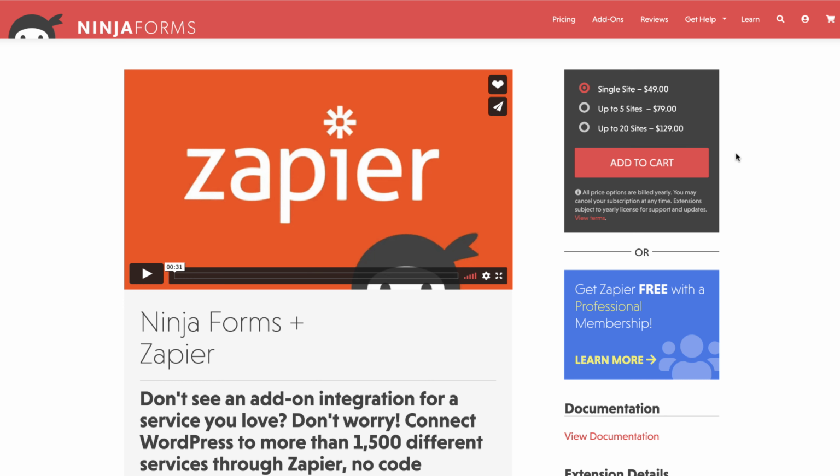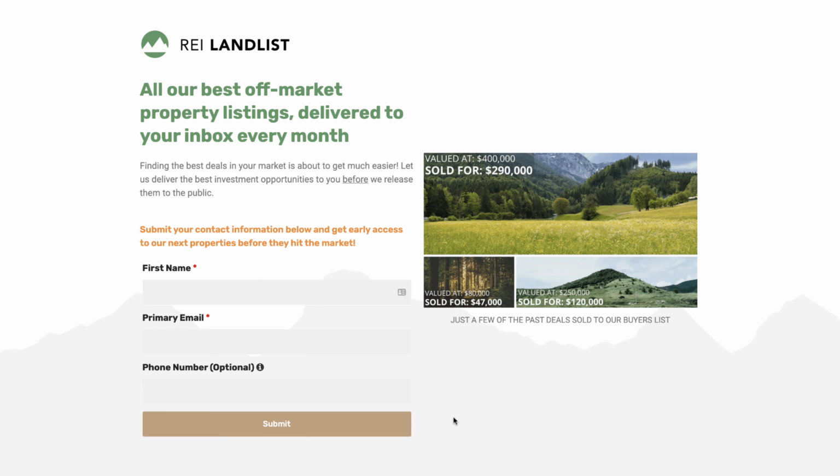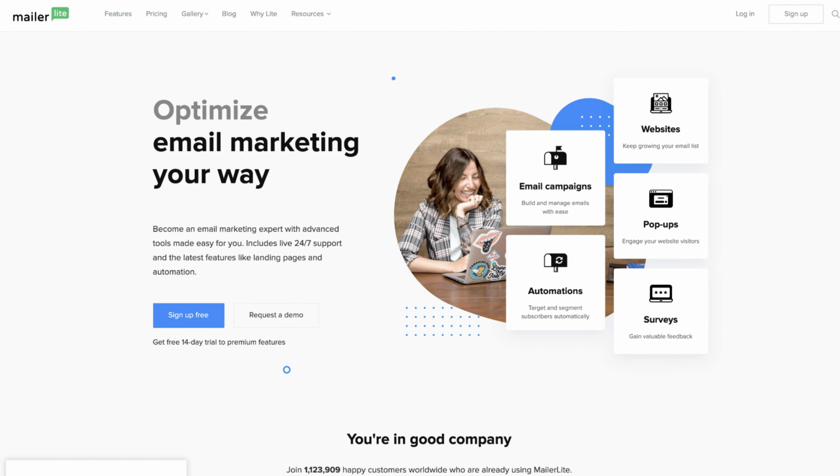And Zapier, there's kind of a lot to know about. I should probably do a whole separate video just on Zapier, but Zapier basically allows you to set up what they call zaps, so that when something happens in Ninja Forms, it can then communicate with another website or another account or another service that you can specify, you know, what exactly it should do on the back end. So for example, once somebody fills out the information here and hits submit, it's not just going to store that email address and phone number on my website. It's not just going to send me an email. It's also going to store that information in a third-party email broadcasting service. Like for example, MailerLite is a popular one.